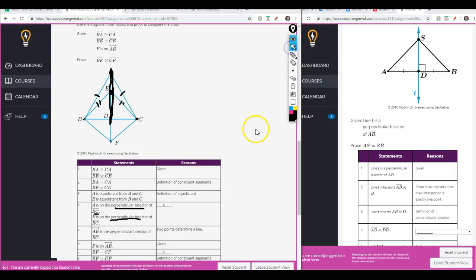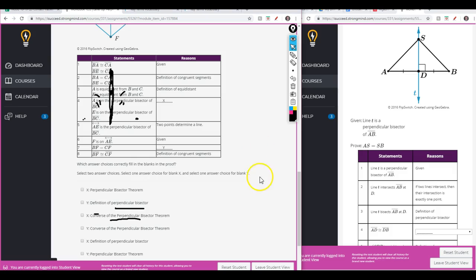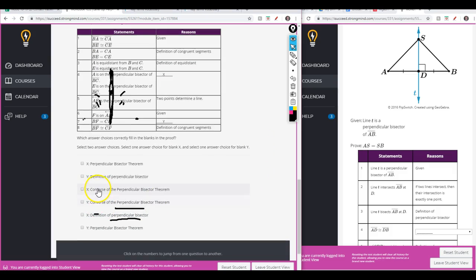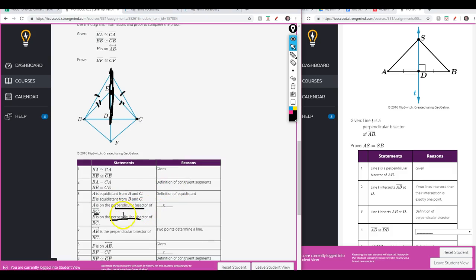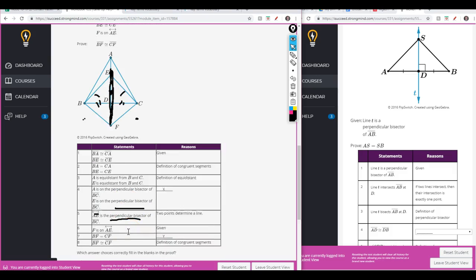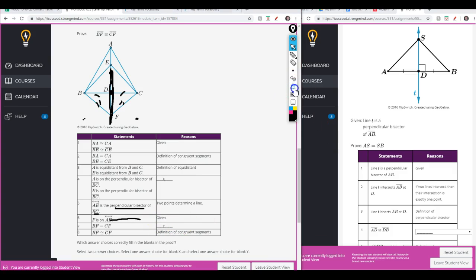So that is a good clue that it is using the converse of the perpendicular bisector theorem, because it is now stating that the line AE is the perpendicular bisector of the segment BC. That is the converse of the perpendicular bisector theorem: first you establish that it's a perpendicular bisector, then you can state and use that. So then